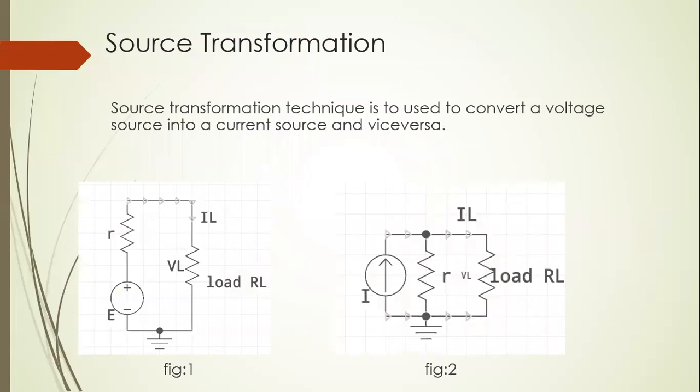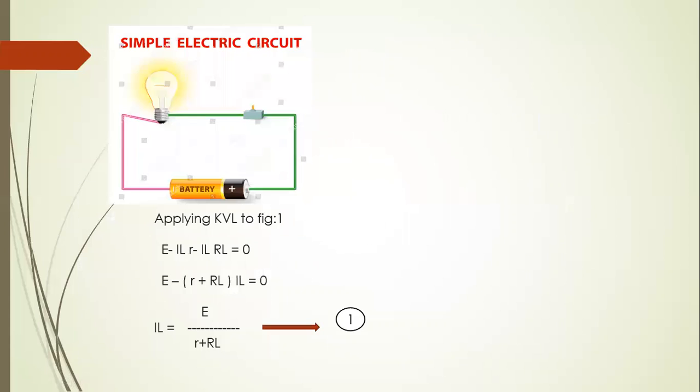I'll just go back. So this is what our figure 1 is. I'll apply KVL throughout the closed loop. I'll start from the voltage source. Going from minus to plus, we know from KVL that we get plus in a voltage source. So plus E, and a voltage drop will occur across the resistance r, hence it is minus IL r. IL is the current which is flowing across this loop. And coming towards this, it is minus ILRL. So minus ILRL is equal to 0.